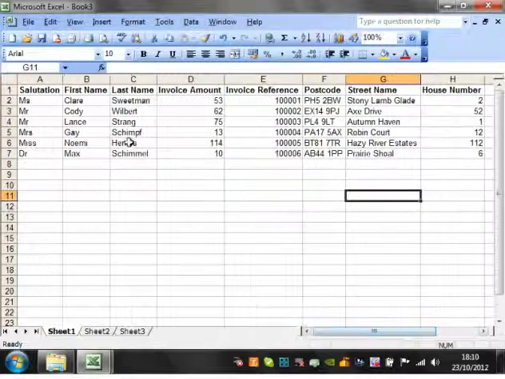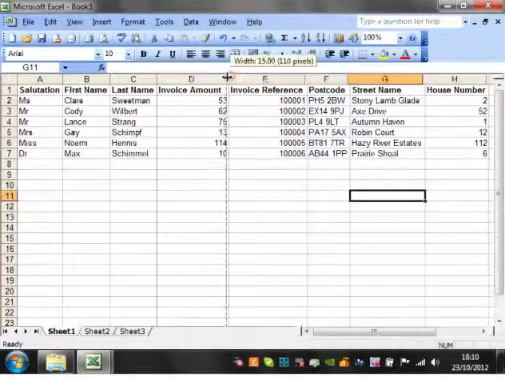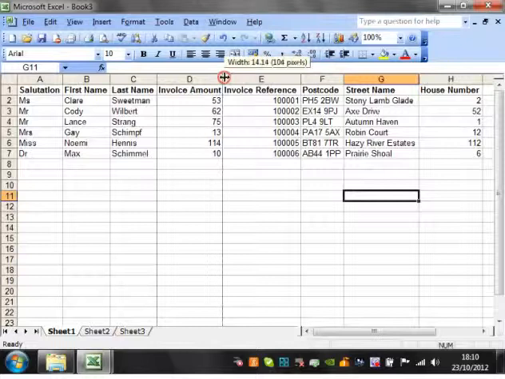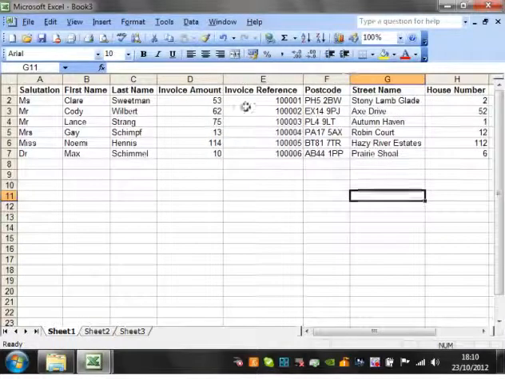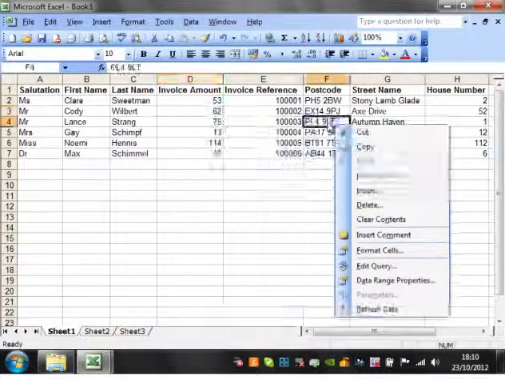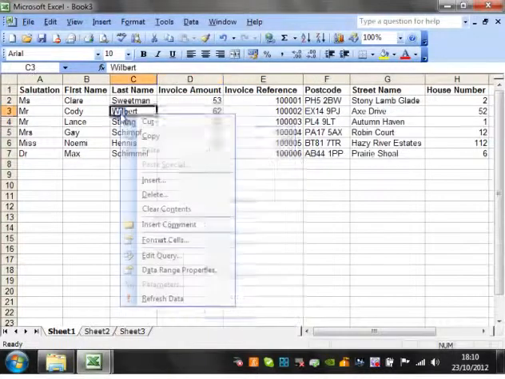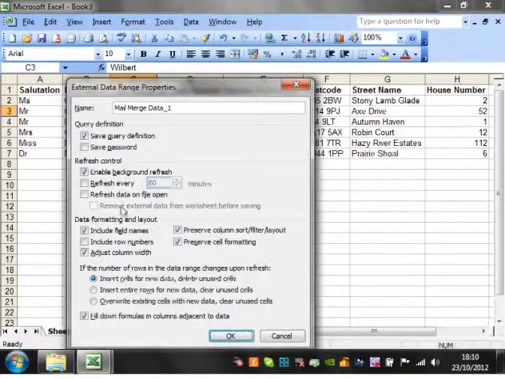Some of you might be wondering why you'd use this. Why not just have the data in the sheet itself? The main reason for it that I've ever used is, and I'm not going to use a database rather than a spreadsheet to be honest, but if you haven't got access to Microsoft Access, then just in the properties set it to refresh on open,